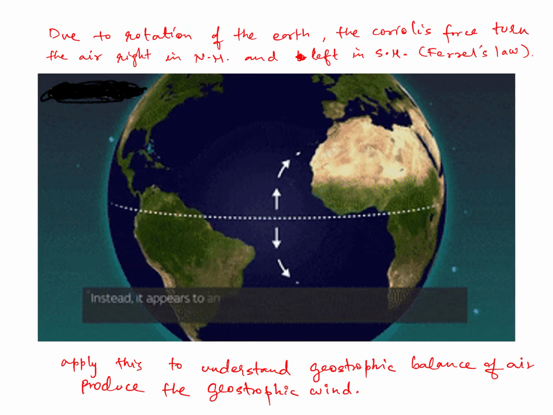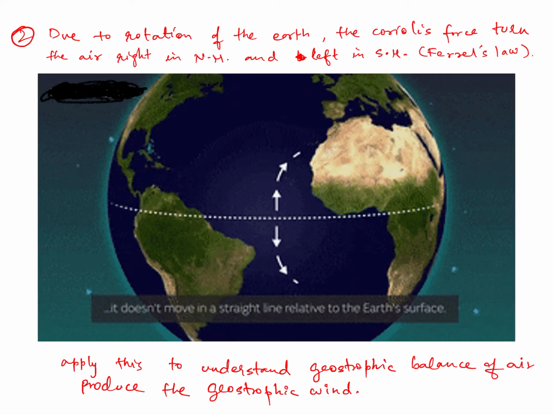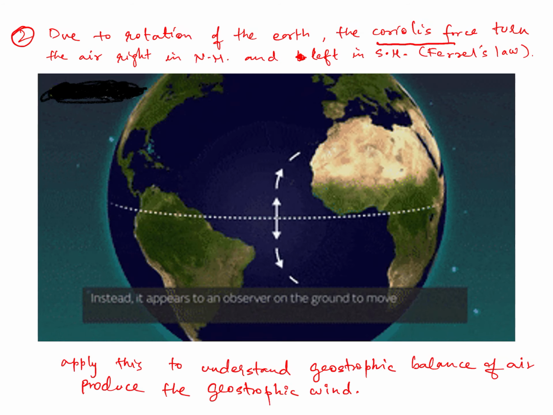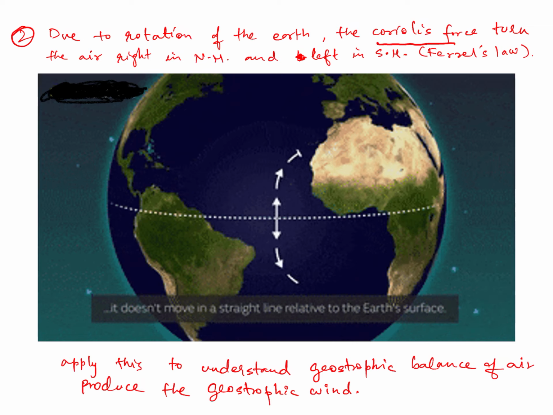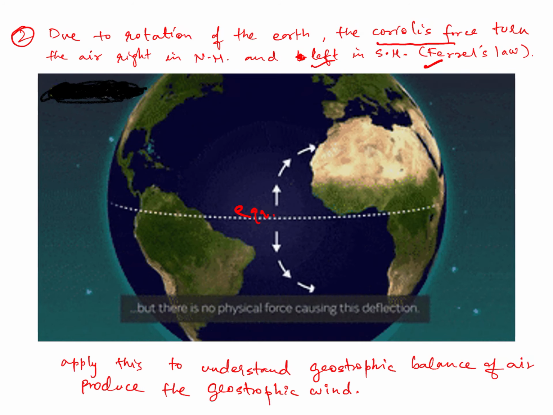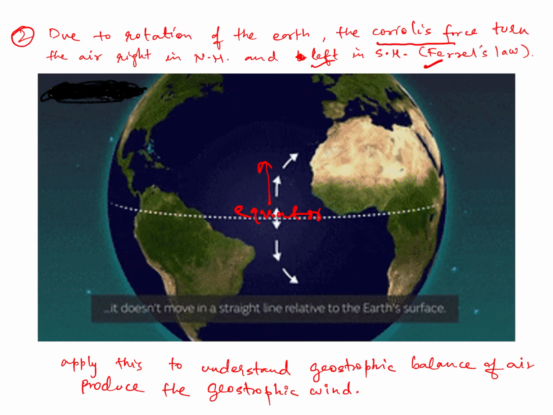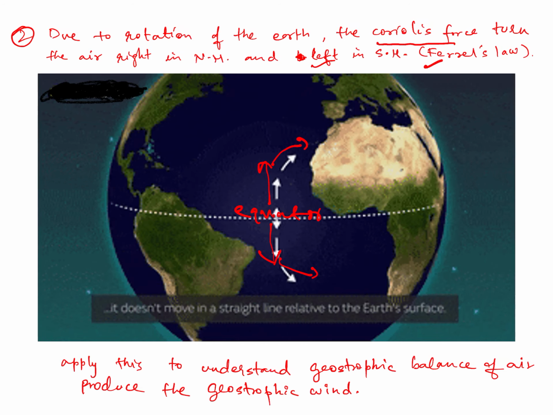Now, when the wind starts moving from the equator to the pole, what happens to it? It encounters the second kind of force, called Coriolis force. And the role of Coriolis force is to deflect the moving air. In the northern hemisphere, it deflects towards the right, and in the southern hemisphere towards the left, as given by Ferrel's law. You can see in this sketch, this is the equator, guys. From the equator, air is moving towards the pole in both northern and southern sides. In the northern it is deflecting towards the right, in the southern it is deflecting towards the left.